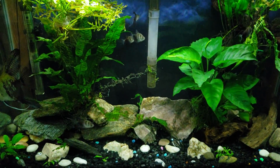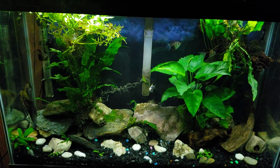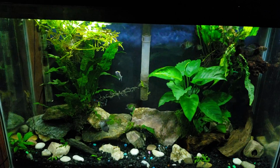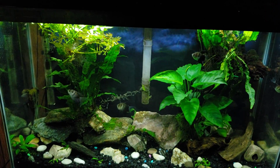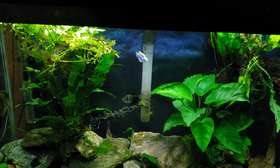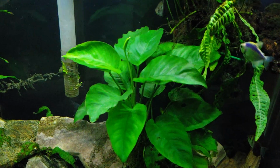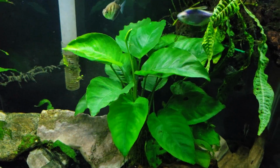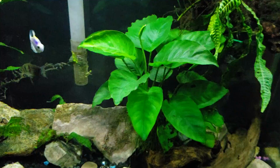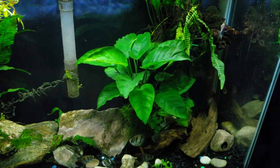but the tank itself has been running for about 6 or 7 years now, and it hasn't really changed in all that time. I've got the same filter on it, the same landscape, the same decor, everything. The only thing you could call new would be this Anubias, which got put in there maybe 2 years ago, a year and a half ago, something like that. I don't know. It's been a long time, but that's the newest addition to the tank, other than the odd